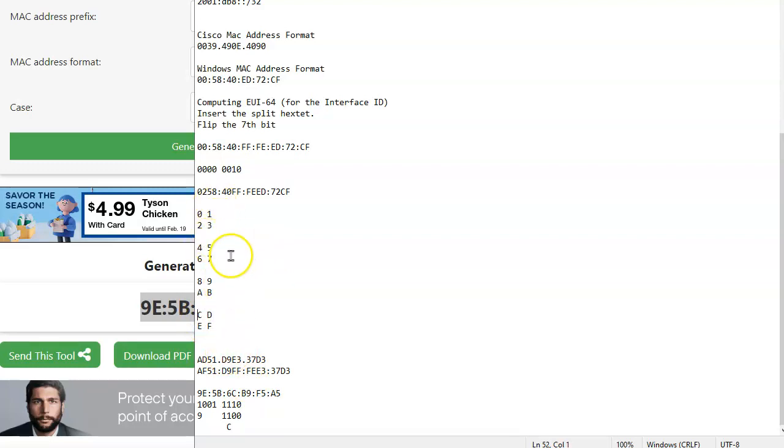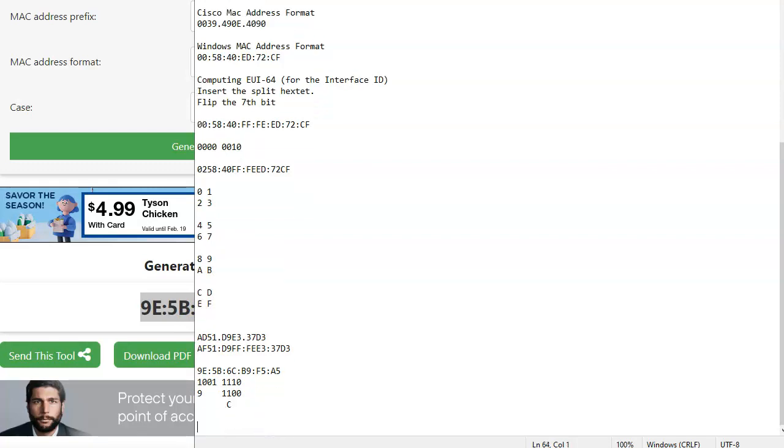If I want to write these numbers out, I can write them just like this: 0, 1, 2, 3, 4, 5, 6, 7, 8, 9, A, B, C, D, E, F. So my second digit is an E because I flipped that 7th bit. 1, 2, 3, 4, 5, 6, 7. I flipped it, and now I'm at a C.